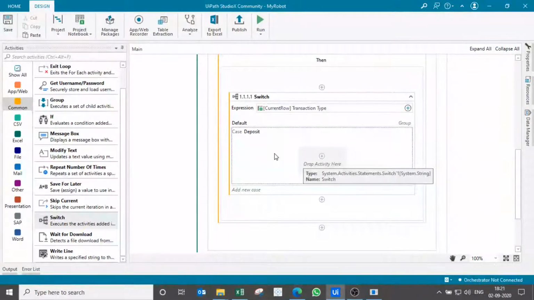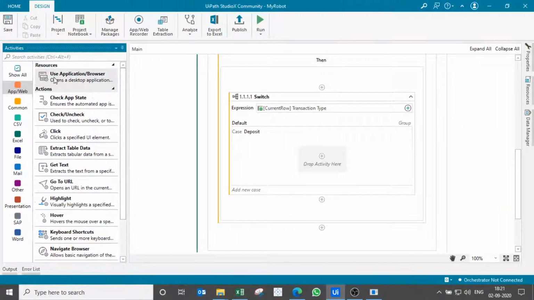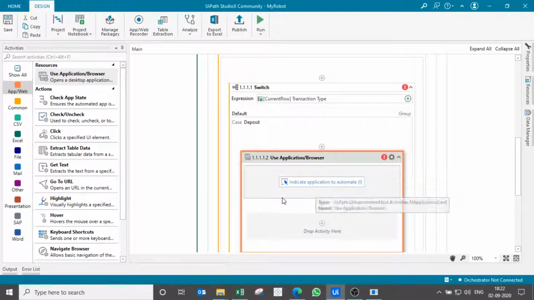So we will use the application app and web card, and from there we will select use application, that is for a desktop application or any browser activity. We'll take and drop it here, and then we want to indicate the application.